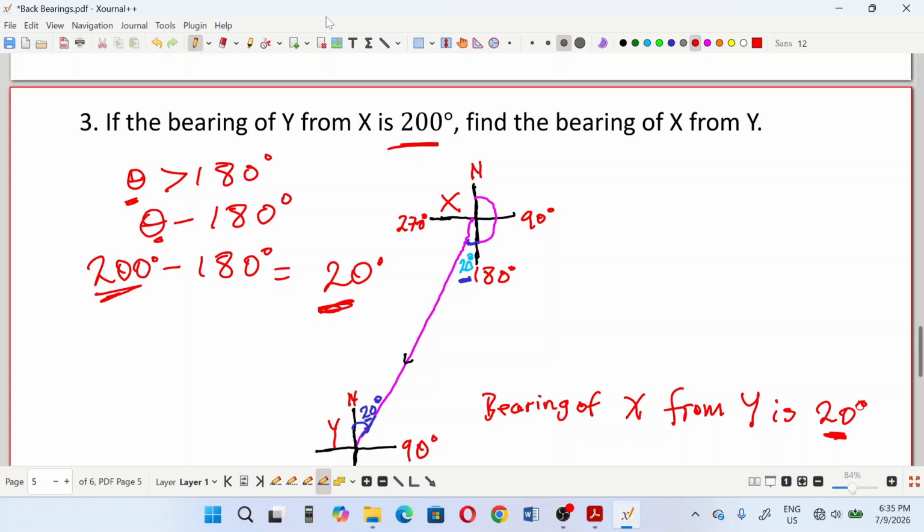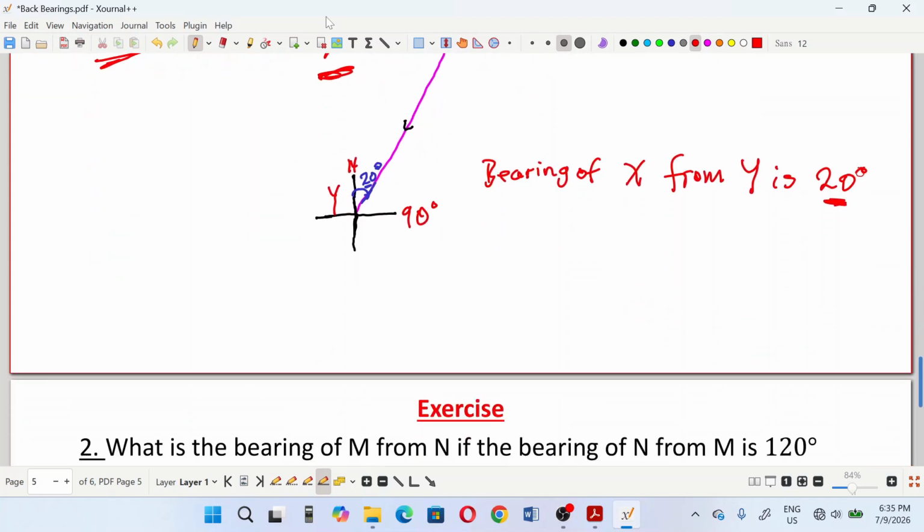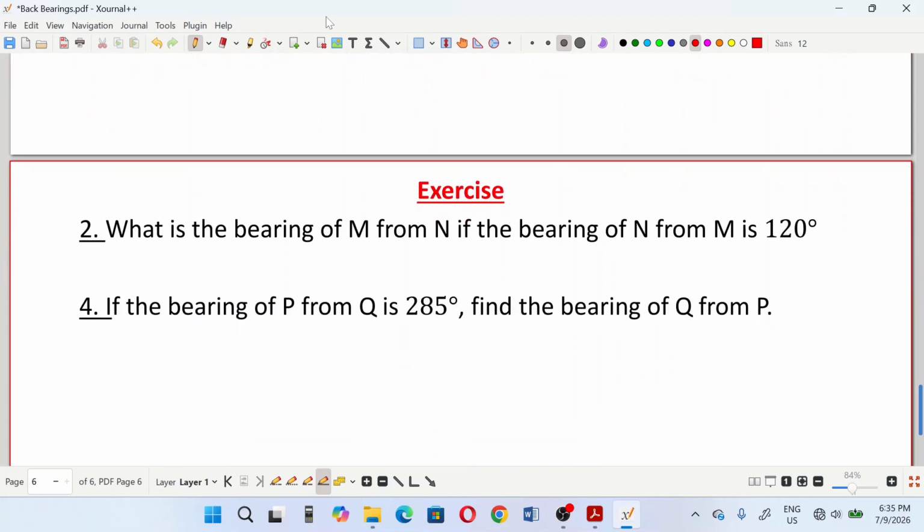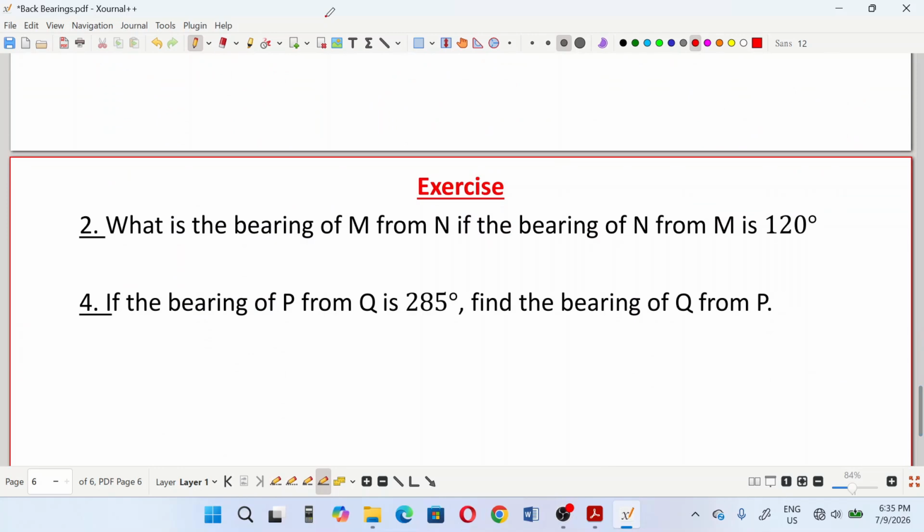Thank you so much for taking your time to listen to this. So you are going to do number 2 and 3 and send it to master. So in our next lesson, we are going to now be jumping into dealing with the distance bearing problem using all the lessons that